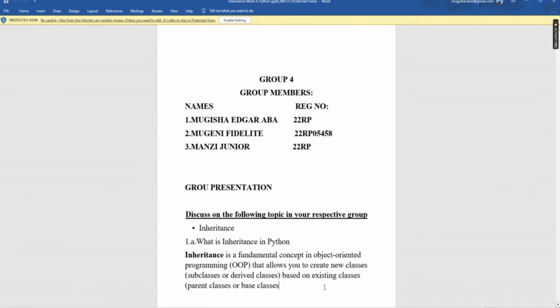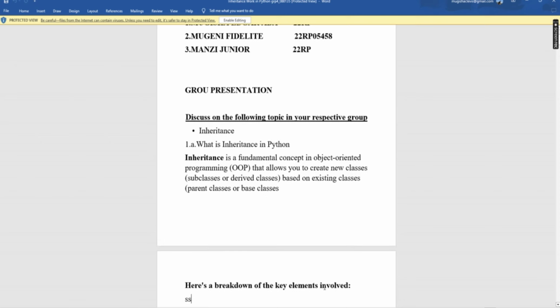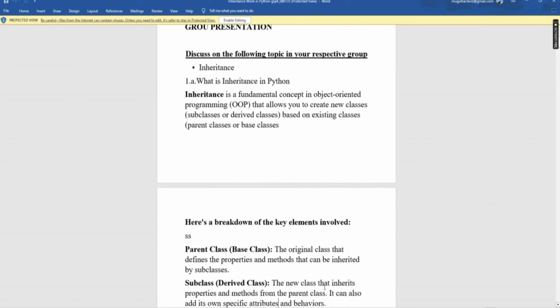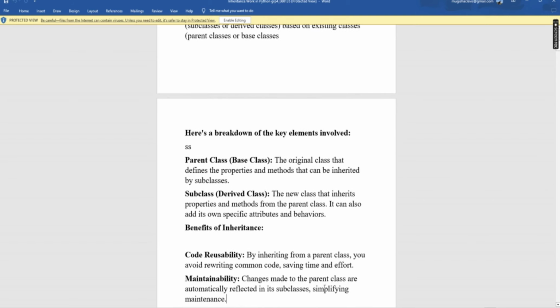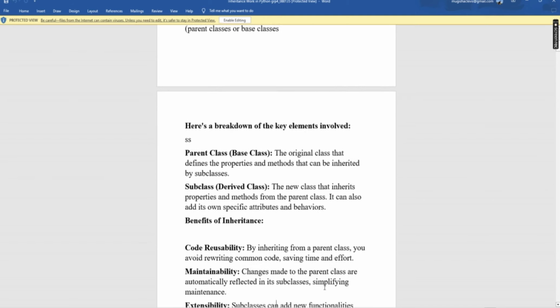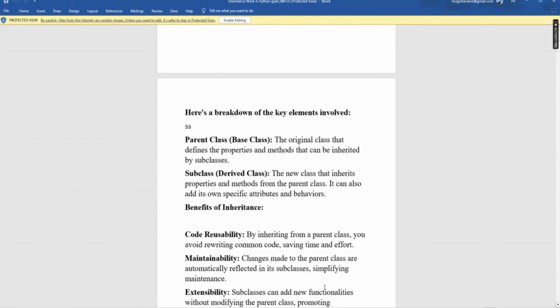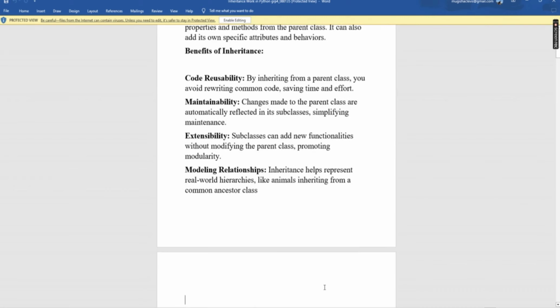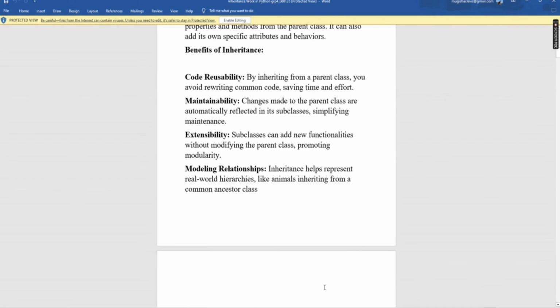Group number 4. The first question was to define inheritance in Python. Inheritance is a fundamental concept in object-oriented programming that allows you to create a new class based on an existing parent class. Here are the elements involved in inheritance: the parent class and the subclass. And here are the benefits of inheritance: code reusability, maintainability, extensibility, and modeling